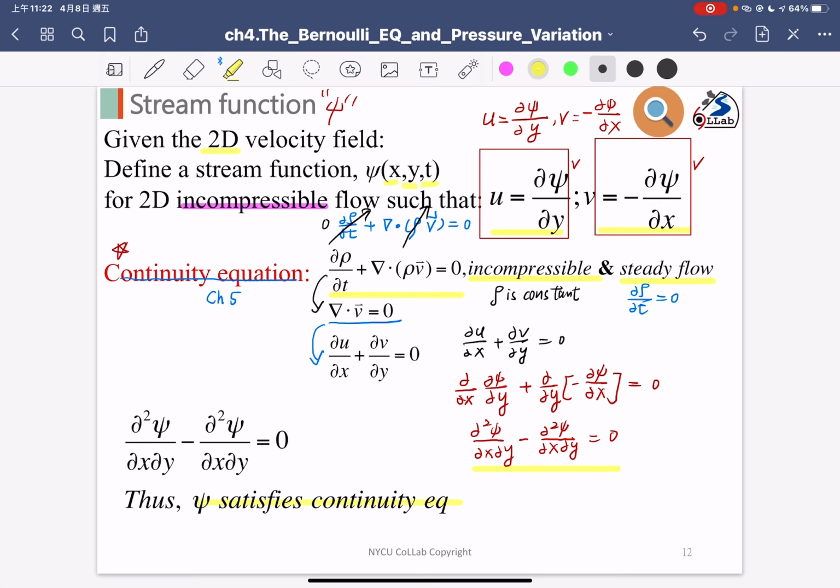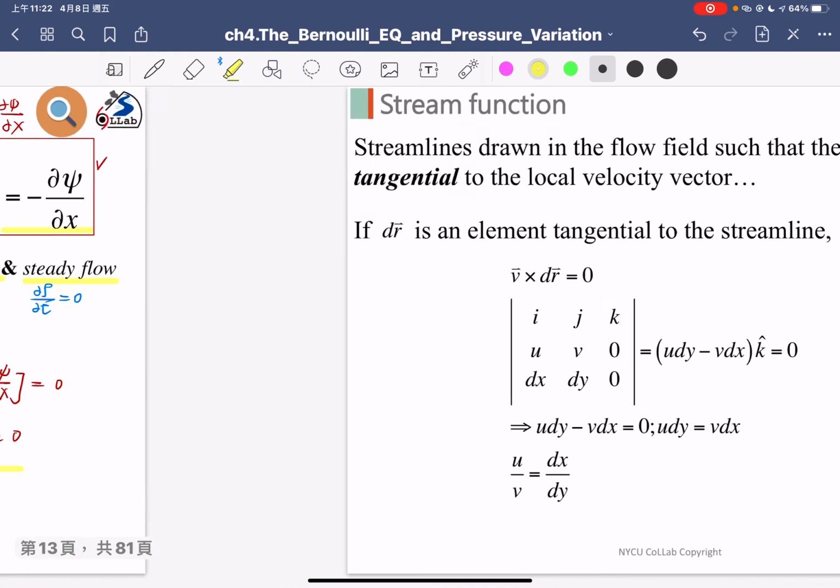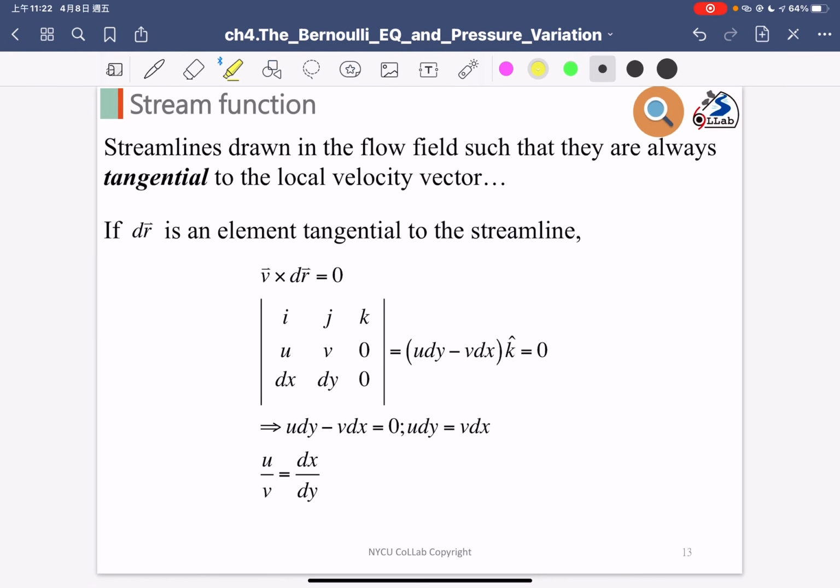If we have the stream function, we can plot the stream line. So our purpose is to find out the stream function and plot the stream line if we have the velocity field. 所以我们的目标就是，如果你给我速度场的函数，那我能不能决定 stream function 要长怎么样？如果我决定了 stream function，其实我就可以知道流线要怎么画出来，因为我有那条线的函数。